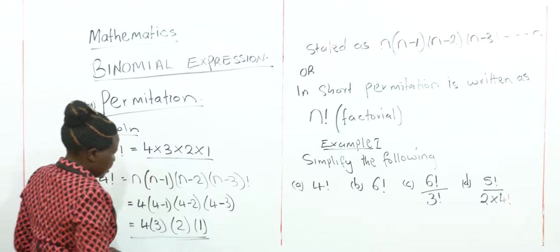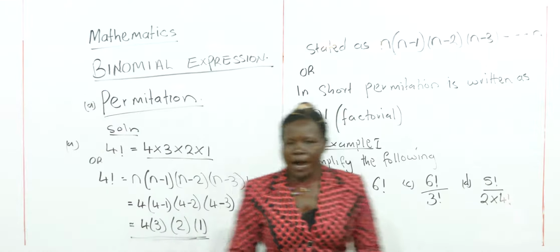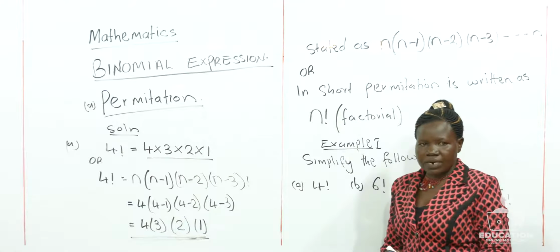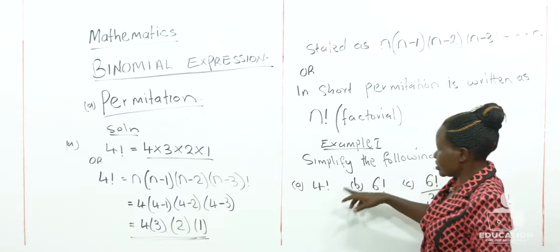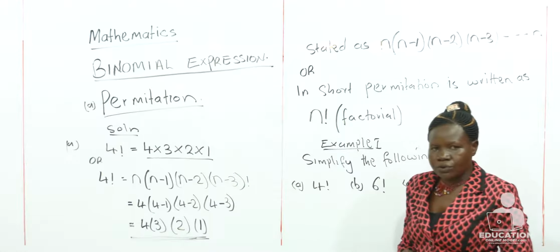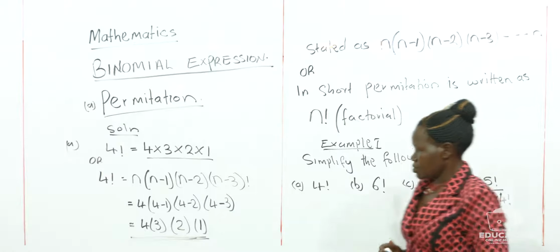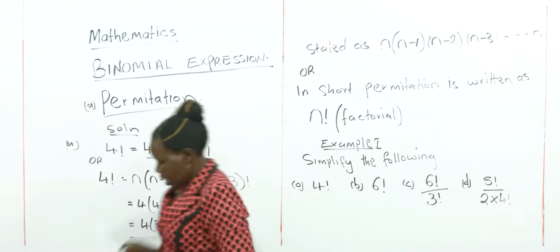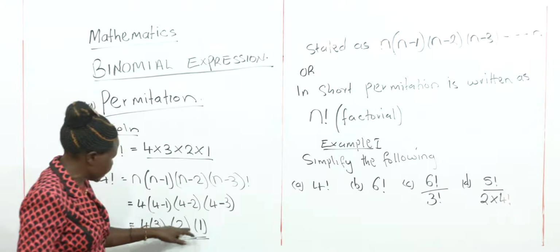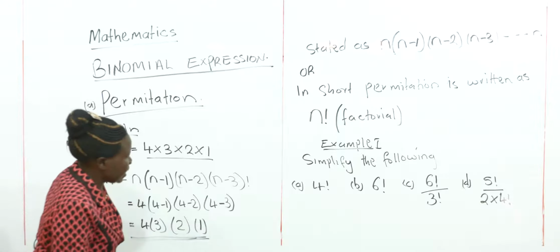So meaning that the 2 alternatives can all work in just simplifying a factorial number. If you find that the first one is easier for you, you take it. If you find the second one is easier, you take it. Then you will have the same answer, because if you have to remove this, it means you have to multiply this by that. And then now we move to part